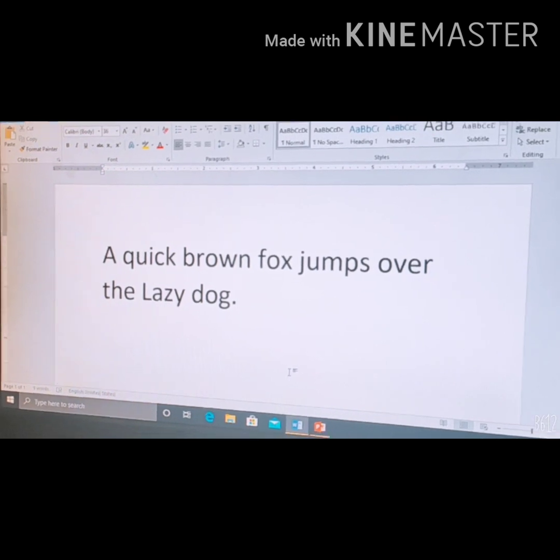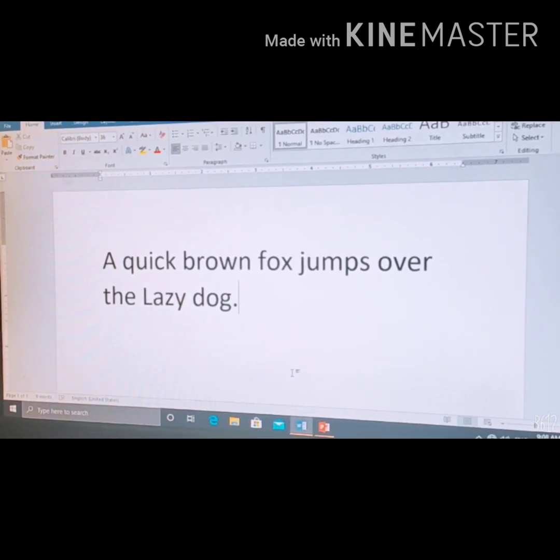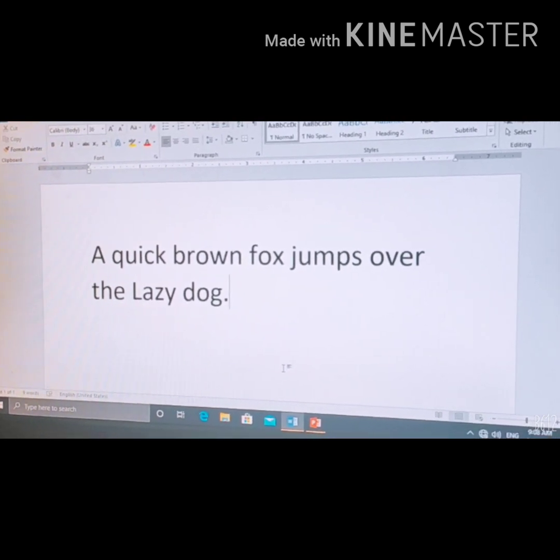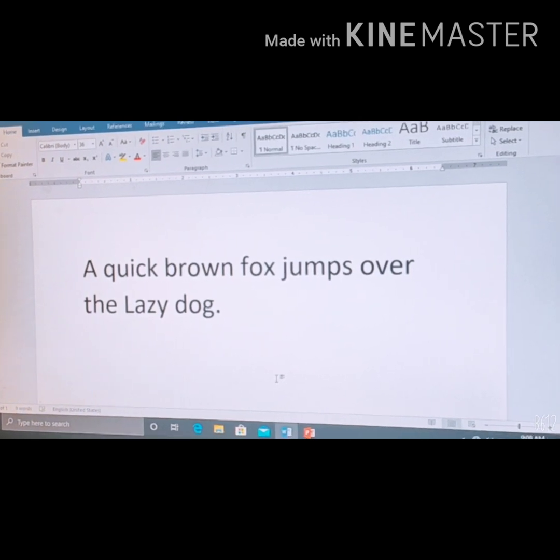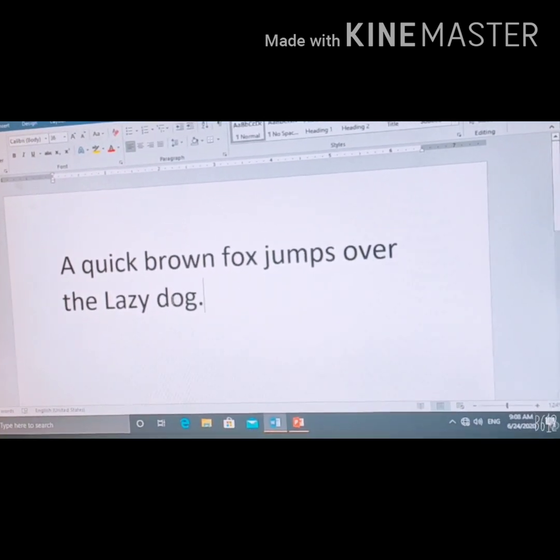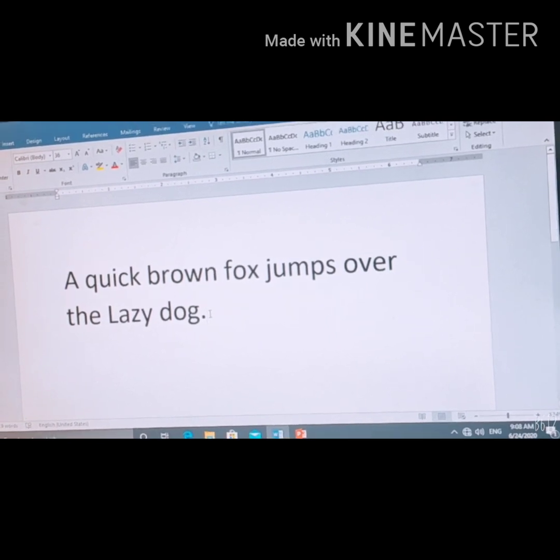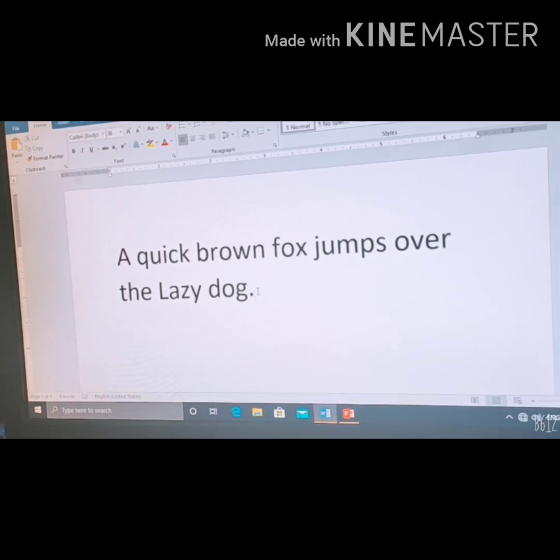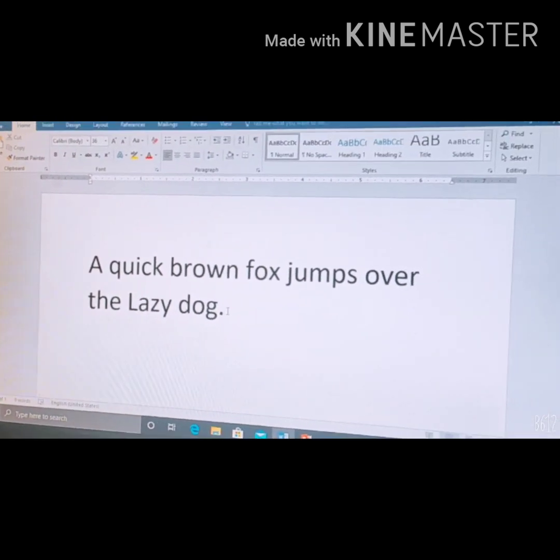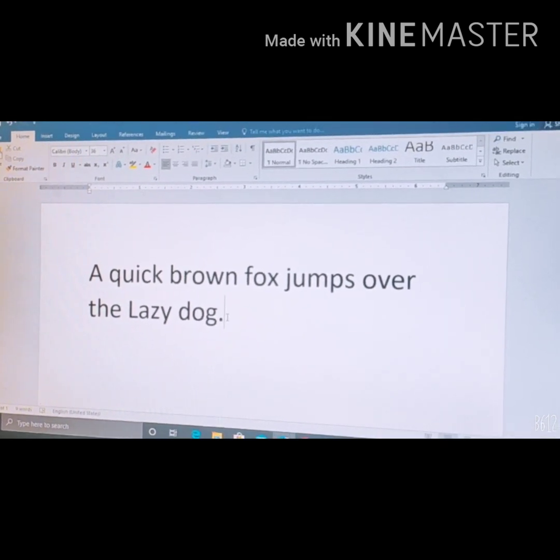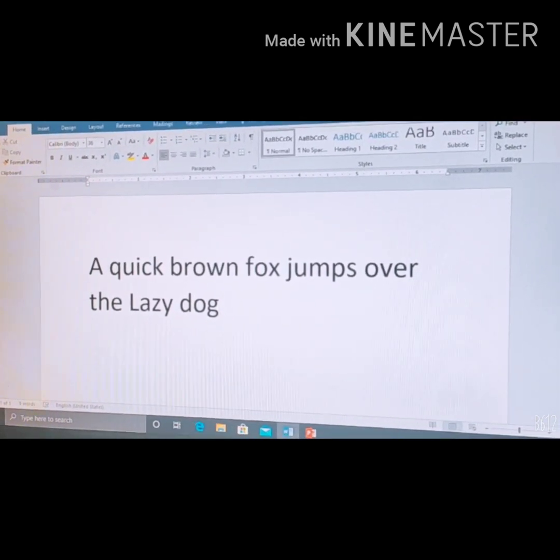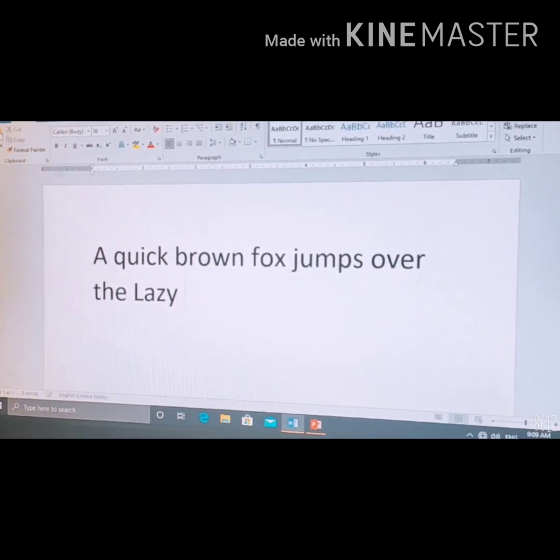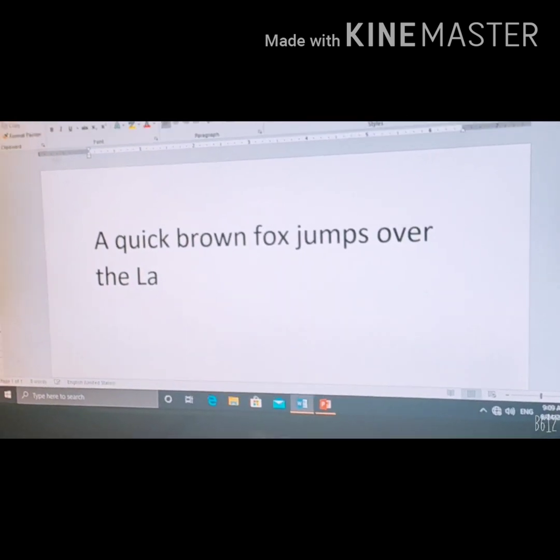So first I'll show you how to use the backspace key. For that you will have to keep the cursor to the right hand side of the text. So just click like this, click, then the cursor will blink. Now use the backspace key to delete one character from the left hand side of the cursor. Now let me press the backspace key. See, one character from the left hand side gets deleted using the backspace key.